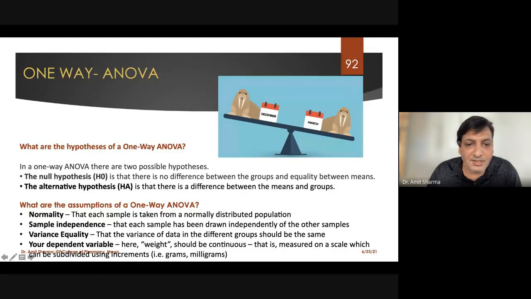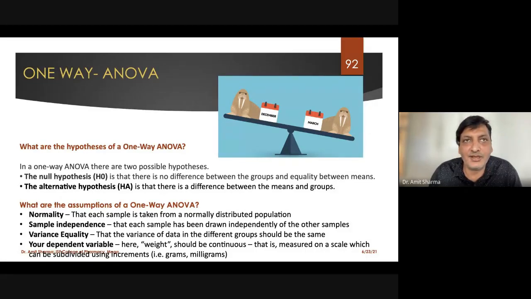Sample independence, that means all the 3 samples which you have taken for comparison should have equality. There is a test called the test for homogeneity, which I discussed yesterday. That test will let us know whether equality was maintained between the 3 groups you are comparing or not. If equality has been maintained, or the number of samples is equivalent or near to equivalent, then we are going to get a p-value more than 0.05 for the test for homogeneity.